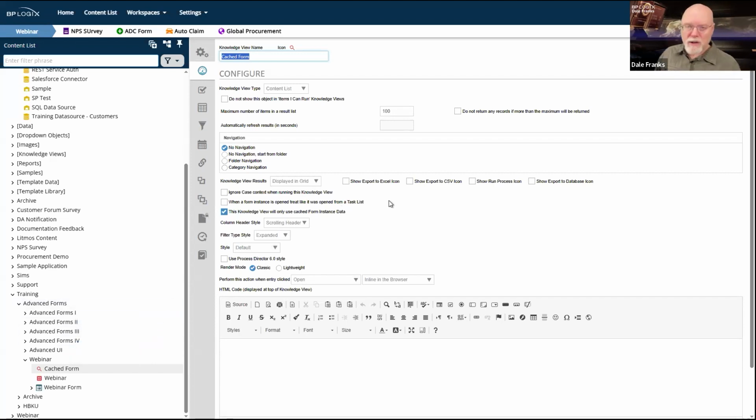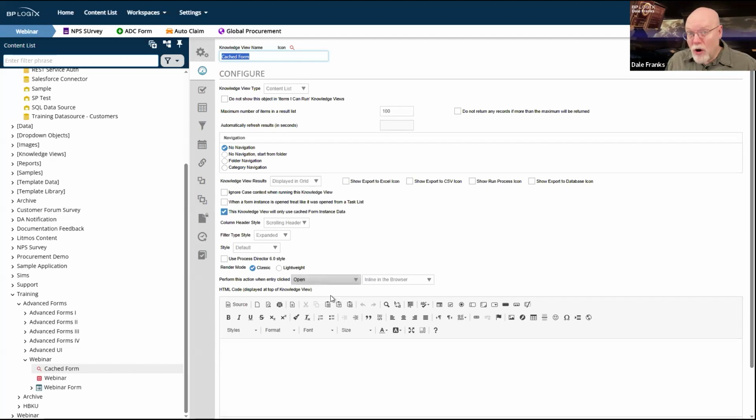And that knowledge view, because it's looking specifically at that one little table that only contains the form data for one form definition, doesn't have a million records to chop through, right? It's got 7 or 8. That's going to run super fast. Grabbing 7 or 8 existing records from a table that has 7 or 8 records, versus grabbing 7 or 8 records from a table that has 3 million records, that's going to be a noticeable performance difference on the front end. I mean, the difference might only be a few seconds, but that's a few seconds of staring at a spinny for your end users that you want to relieve them of having to do.